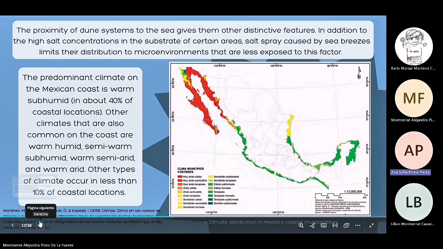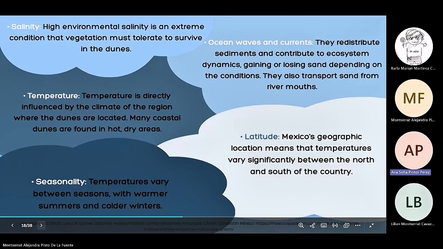Other types of climate occur in less than 10% of coastal locations. The salinity here is extreme, and the plants must tolerate it to survive in the dunes. The ocean waves and currents, through the tides, bring sand and distribute the sediments, and they contribute to the ecosystem dynamics. The temperature is a big factor because it influences the climate of the region where the dunes are